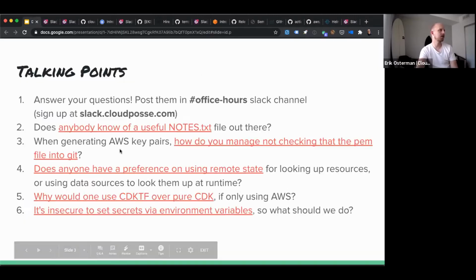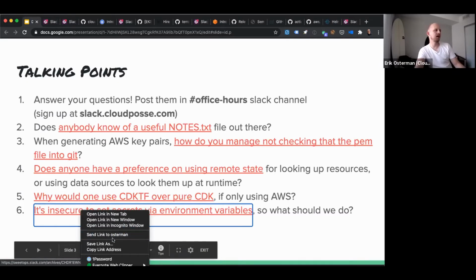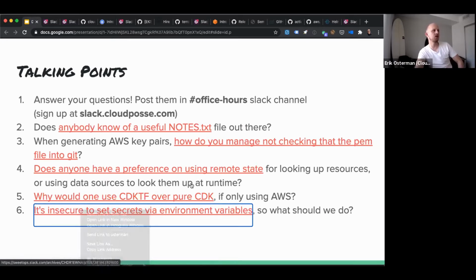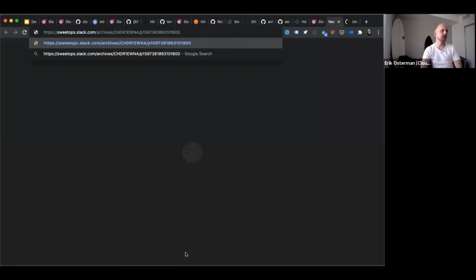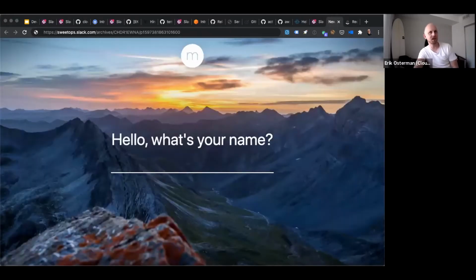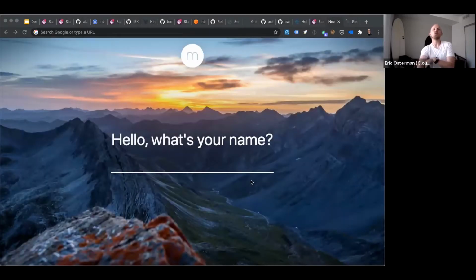Next question here. Is it insecure to set secrets via environment variables? This is a statement: it's insecure to set secrets via environment variables. So what should we do? And this is true. If we haven't been honest or transparent enough about it, look, we love 12-factor